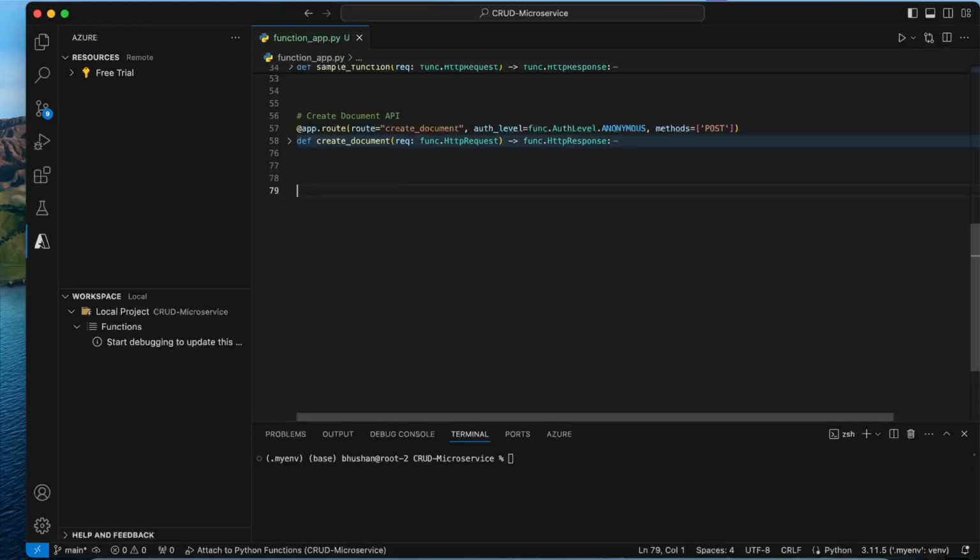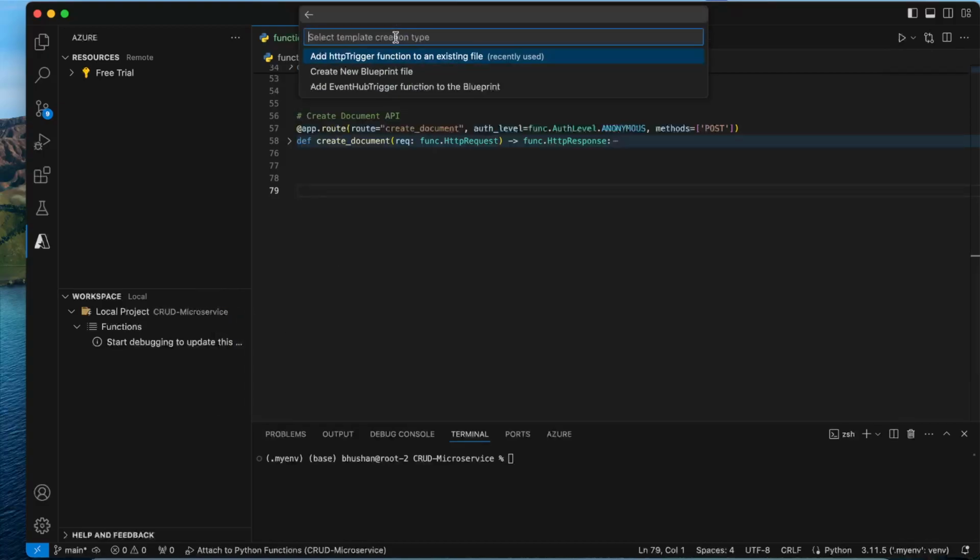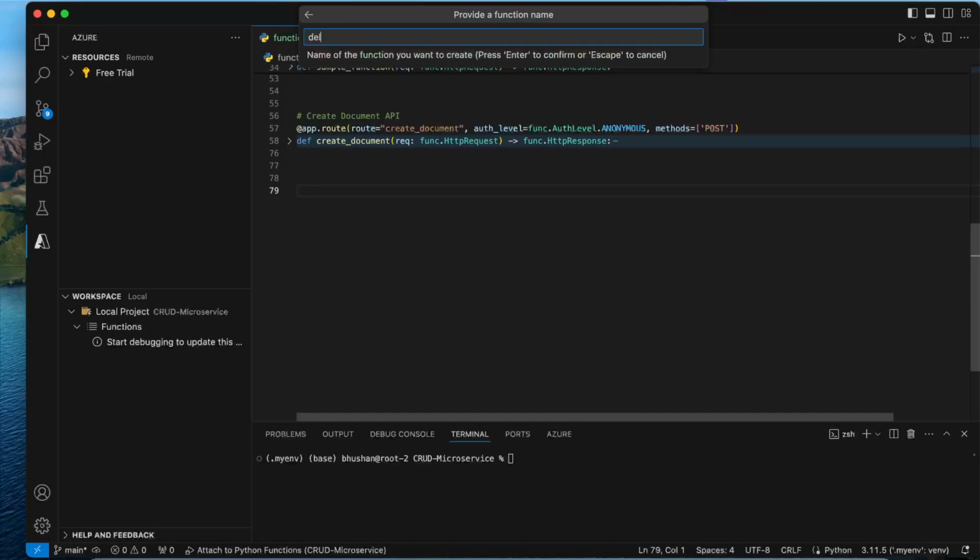Hello everyone. In this video, we are going to build an API for deleting the document. Let's create a new Azure function for this. Click on the Azure icon, create function, HTTP trigger, add it to the existing file, name of the document, delete underscore document, press enter,